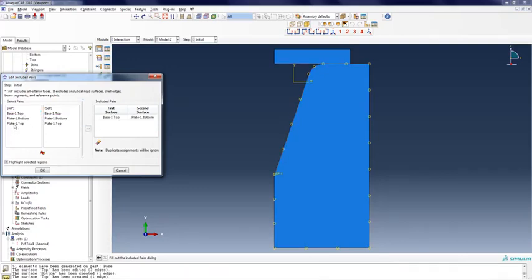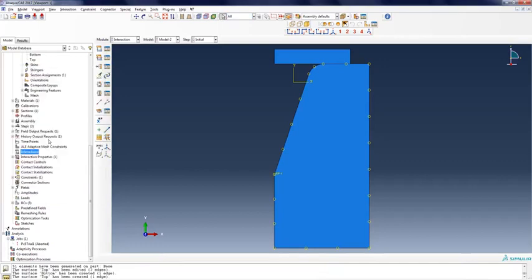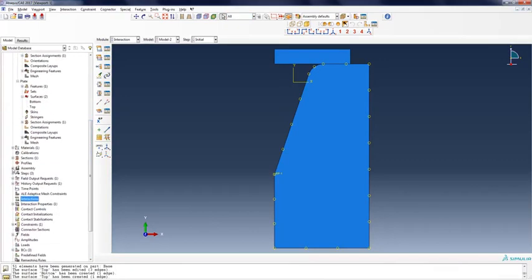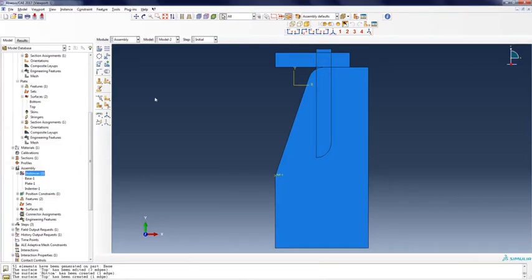No wonder, yes, cancel, because we haven't put the part in the assembly yet. Right, so we need to put the indenter in, apply, and then we need to shift the indenter.